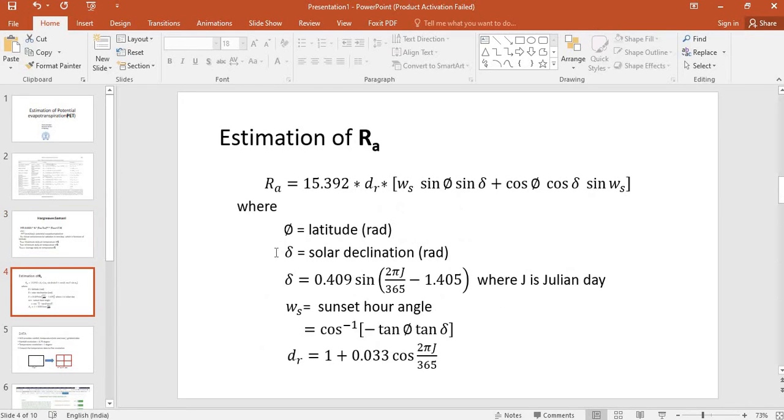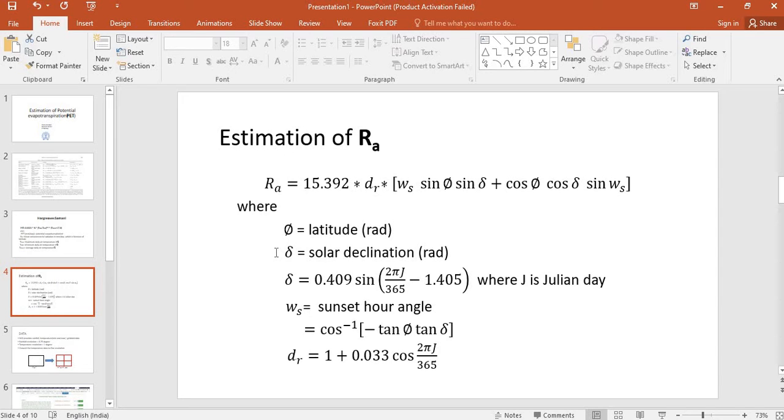Coming to the extraterrestrial radiation, here is the equation. To estimate the RA, we need latitude, that is in radians. Delta is the solar declination, which is given using the equation that needs the Julian day. Julian day gives January 1st as day 1 and increases accordingly, so the last day of that year will be 365th.